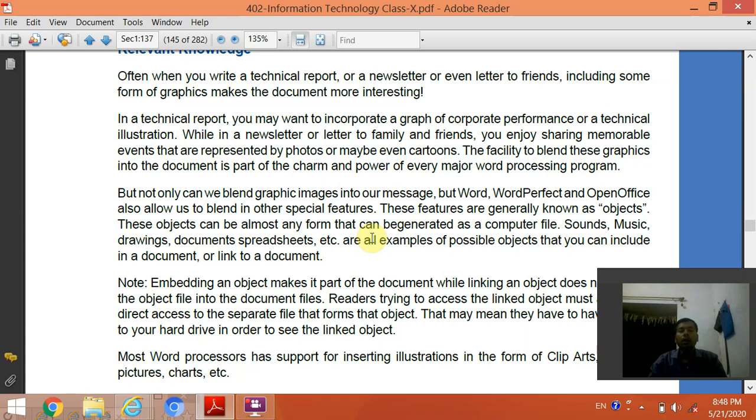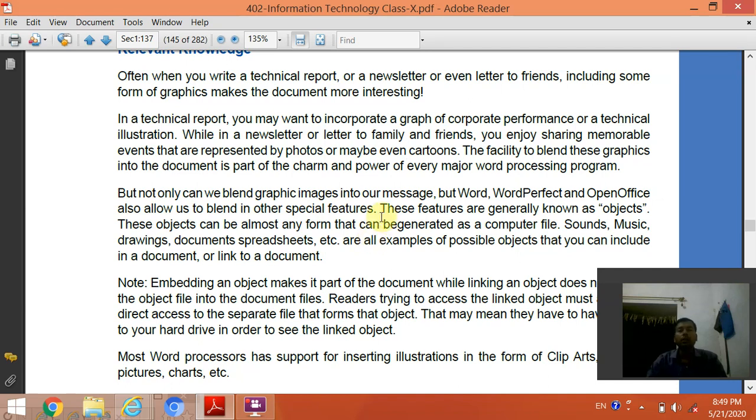While in a newsletter or letter to family and friends, you enjoy sharing memorable events that are represented by photos or maybe even cartoons. The facility to blend these graphics into the document is part of the charm and power of every major word processing program.